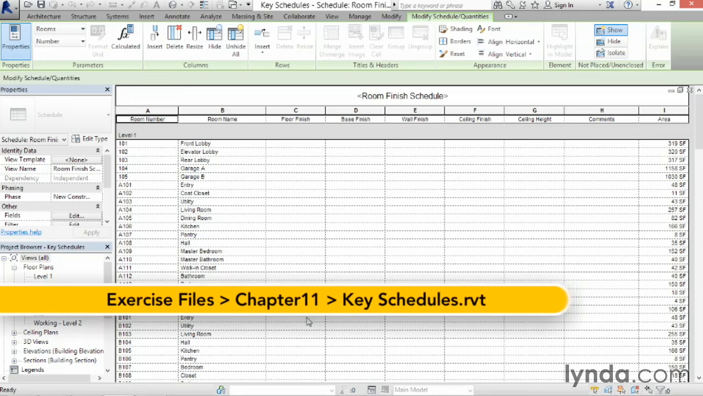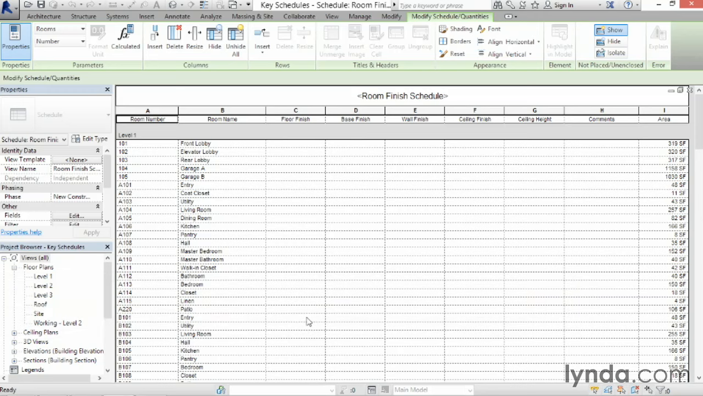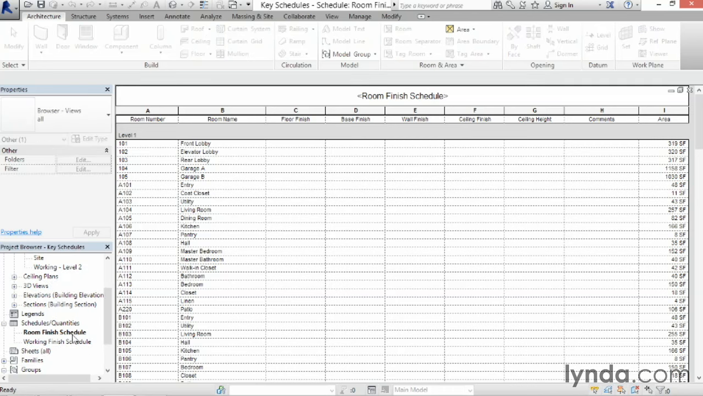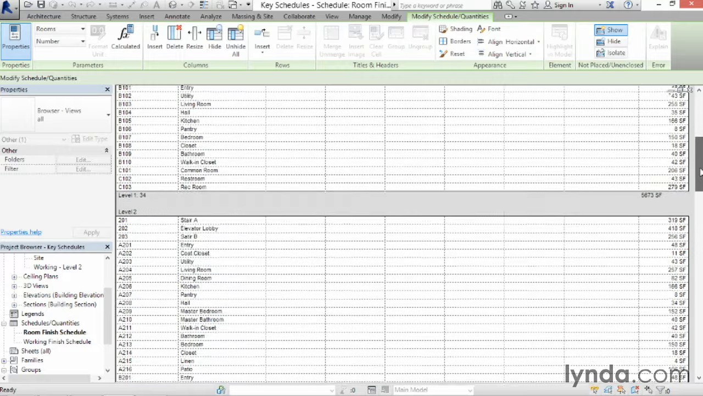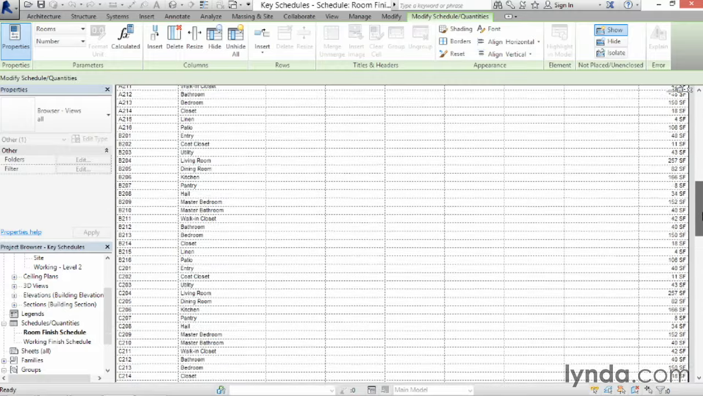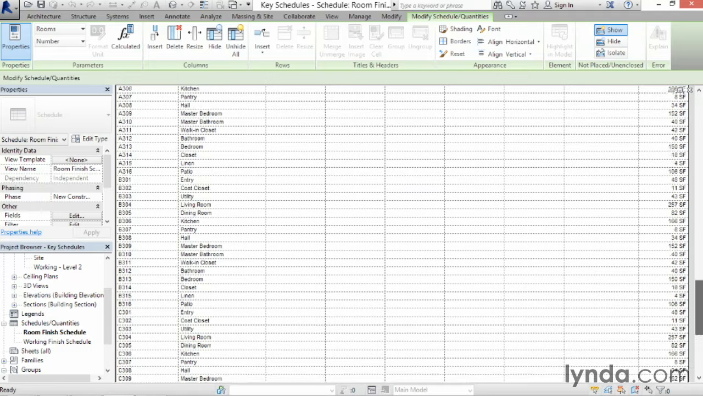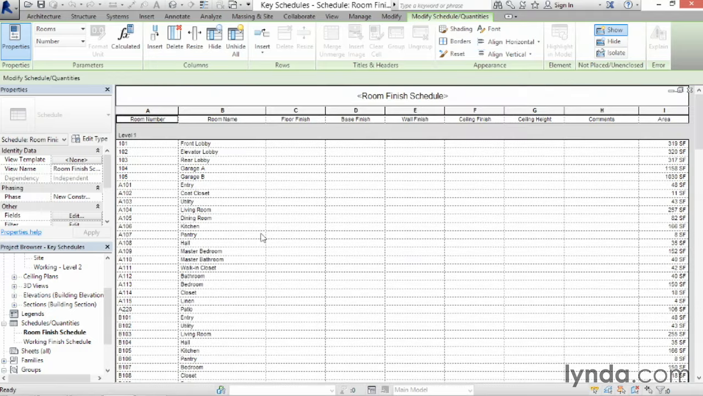So I'm in a file called key schedules, and this is just a copy of our entire condominium building. And I'm in a room finish schedule. If we look here on the project browser, you can see the name of this view is a room finish schedule. And if I scroll through this schedule, this includes the entire building. So you can see level 1, level 2, and level 3. And I've added headers and some little subtotals and even a square footage subtotal here, which is all very useful information. But the real work here, as you can see, is inputting all of this finish information in the middle